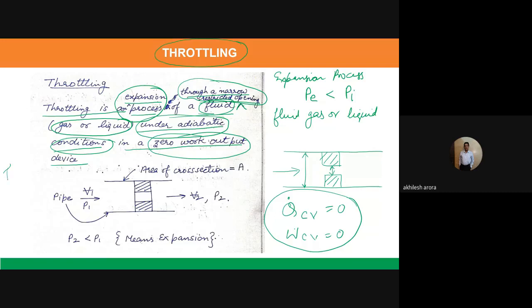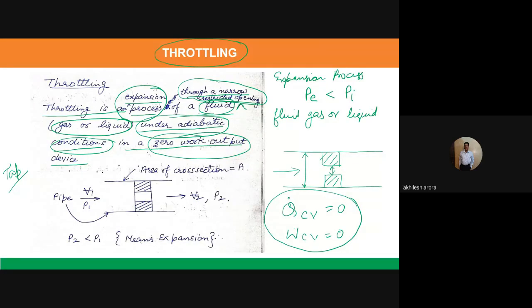So the tap has, you can say, a hand shut-off valve actually. When you close it, the area is reduced. When you open it, the water starts coming with full flow. When you close it, the flow rate of the water actually increases. So it is the process of throttling which is taking place in a tap through which the water comes. So here I have drawn a sketch to show the process of throttling.